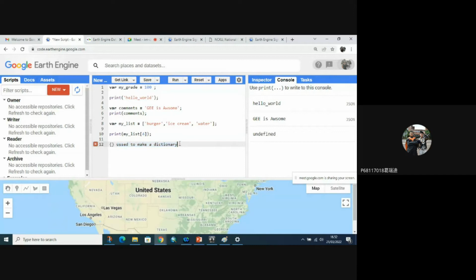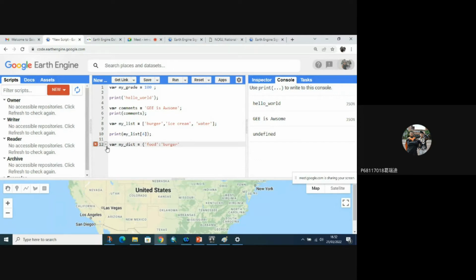So it means we have a list, and there will be a key and value. For example, for my dictionary, I will fill in food again, and fill the value for food with burger again.